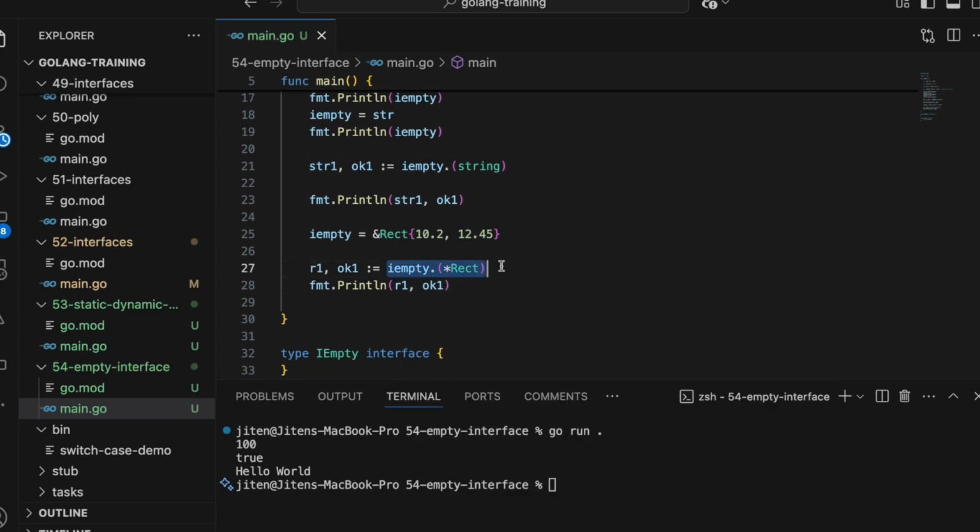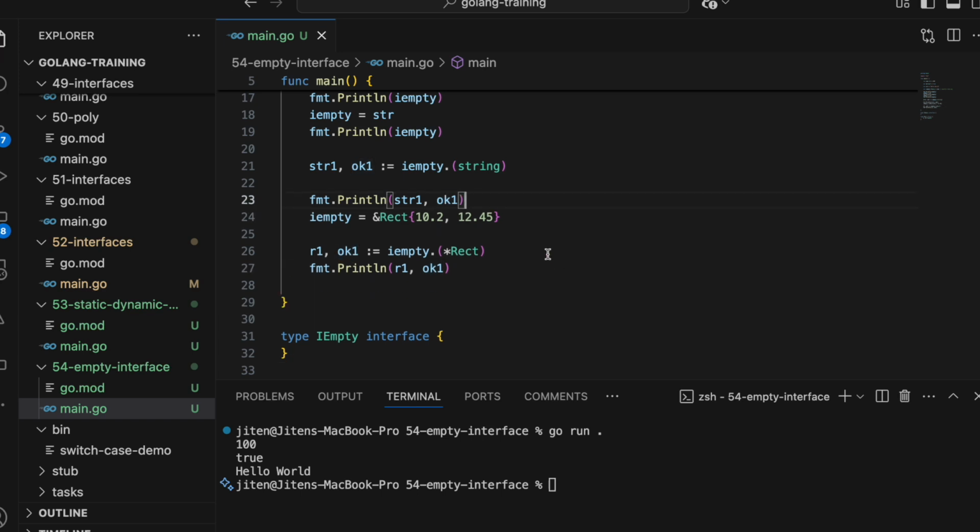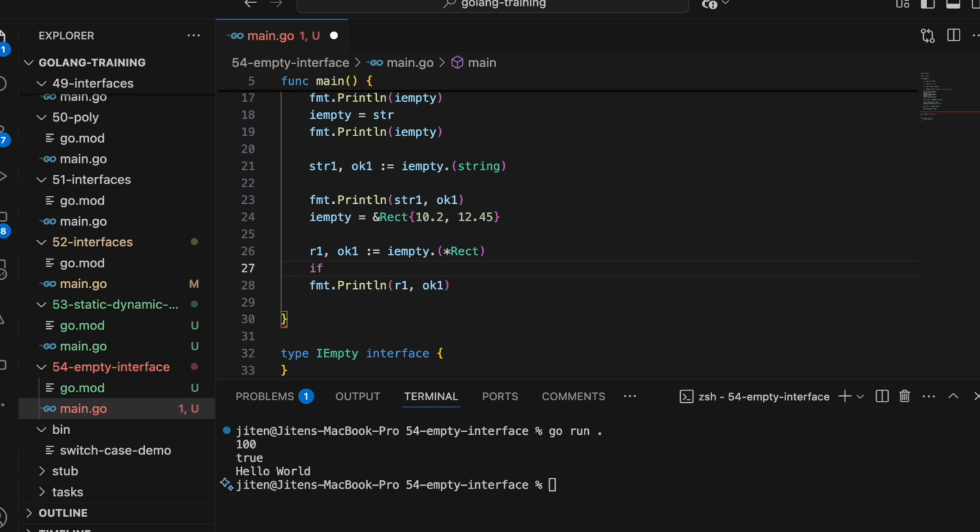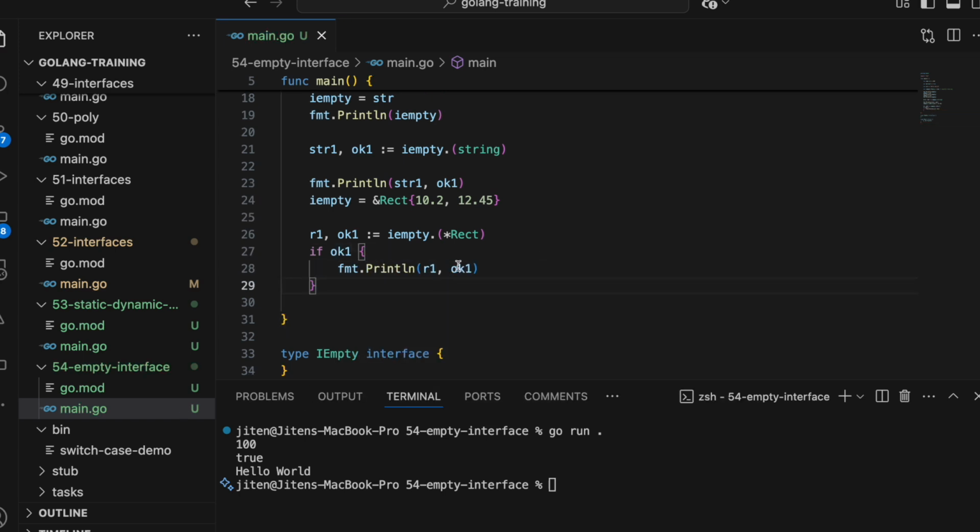You can type assert it back to a normal rectangle variable. You have to check whether ok is true or false, something like that. If ok1, that means ok is true, else